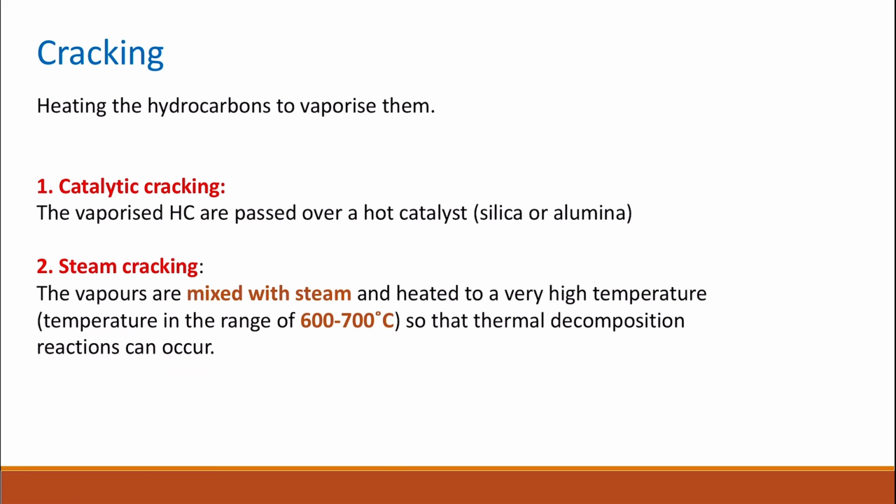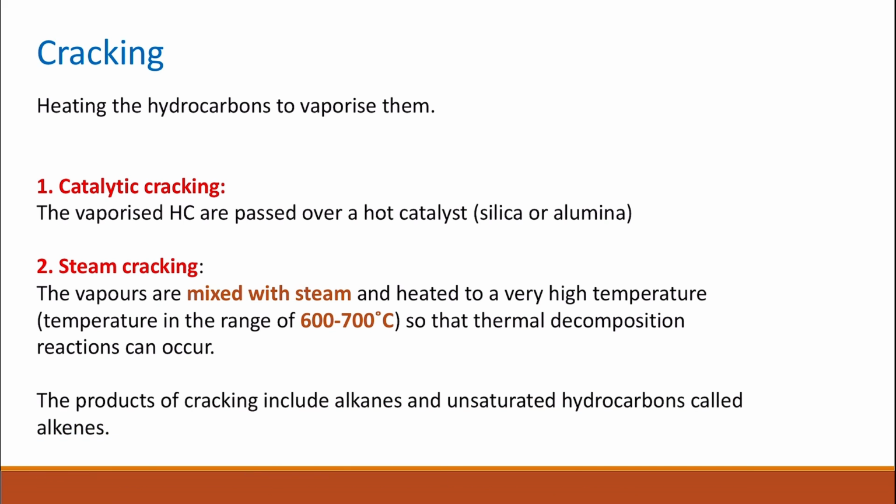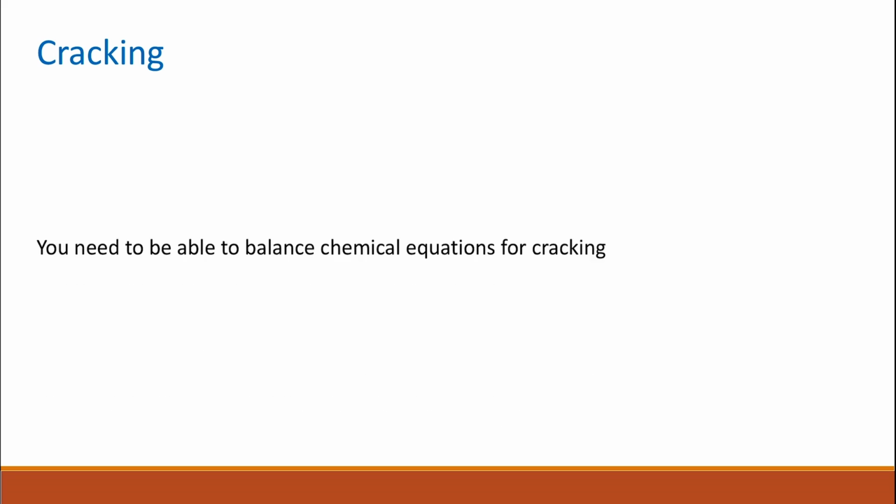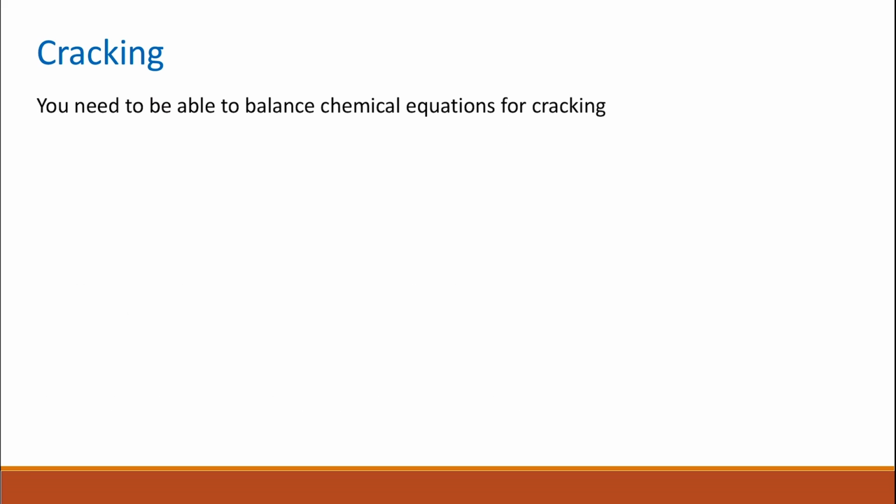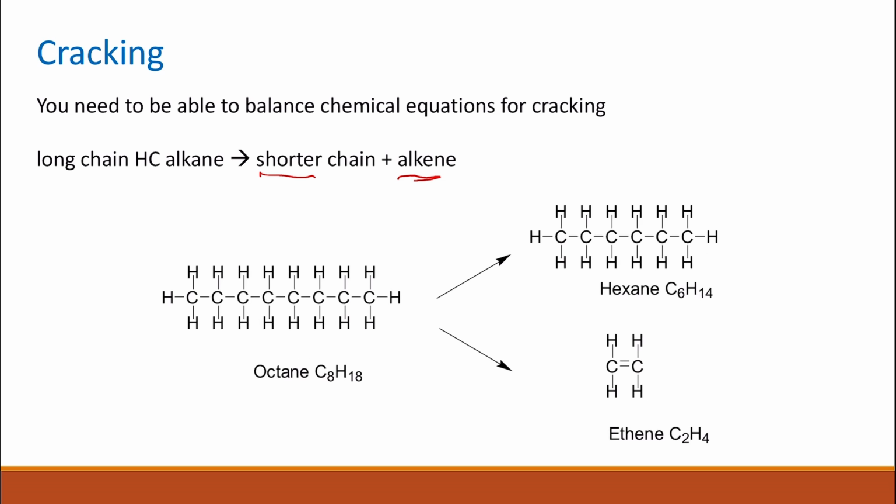The products of the cracking are not only alkanes or shorter chain alkanes, but also some unsaturated hydrocarbons, which are called alkenes. For your exam, you need to be able to balance the chemical equation for cracking. Normally, they will give you a long chain hydrocarbon, and the products will be a shorter chain hydrocarbon and an alkene. An example of that is the breakdown of octane, or the decomposition of octane, which is an